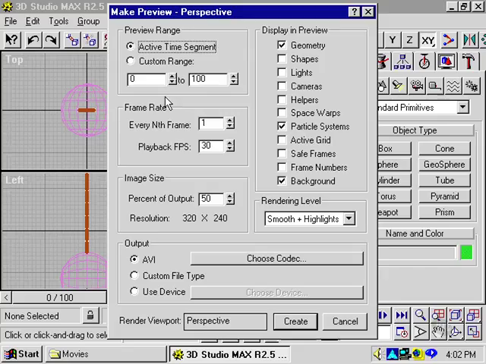There are the preview range, frame rate, image size, display in preview, rendering level, output. The preview range lets me tell 3D Studio Max what part of my animation I want to preview. I can preview the active time segment by leaving this checked, or I can select a custom range and tell 3D Studio Max to render a preview for frames 31 to 78, for example. I'm going to leave this at the full range, and I'm going to click on active segment so I see